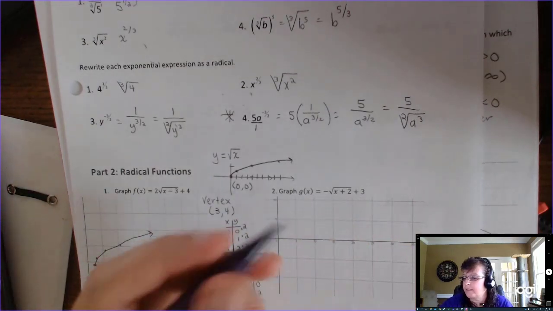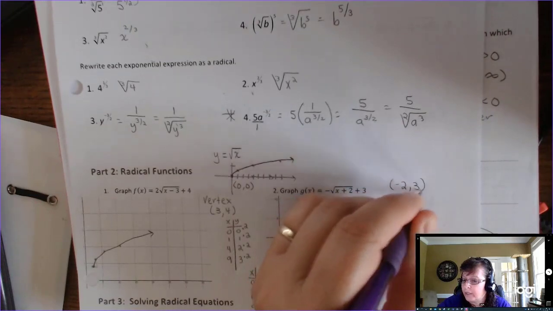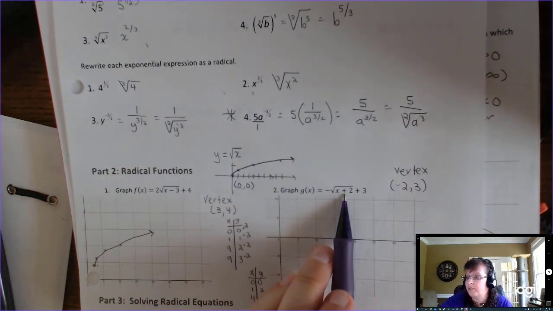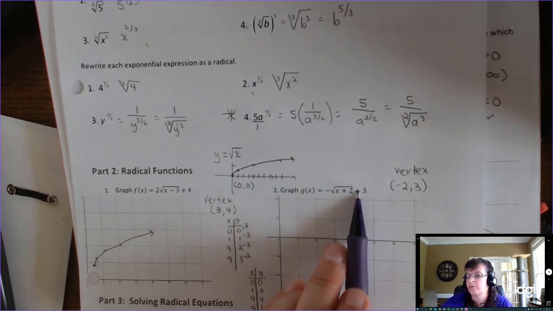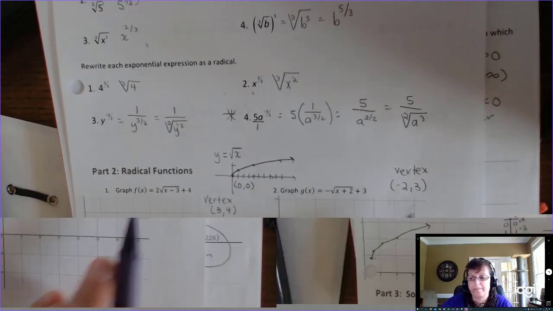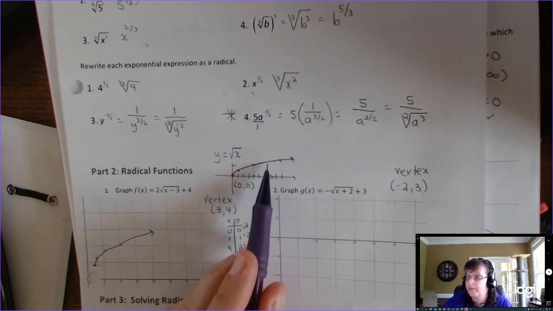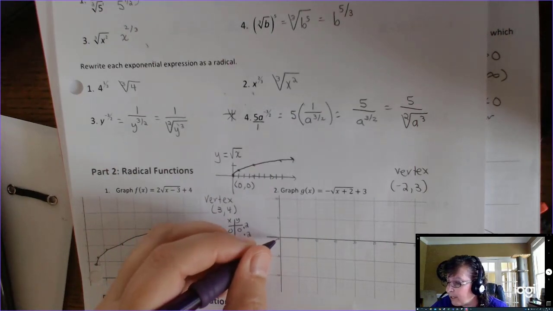This one has a vertex of negative 2, 3. Because this plus 2 is going to shift this radical left 2 and this plus 3 will shift it up 3. So if you go left 2 and up 3, you're at the point negative 2, 3. And then also this negative is going to flip the radical over the x-axis. So if I graph negative 2, 3,